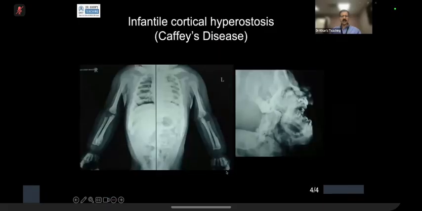As if from here to here is the thickness of the normal mandible, from here to here is periosteal reaction. You can see how thick it is. So, coming back to the case itself,